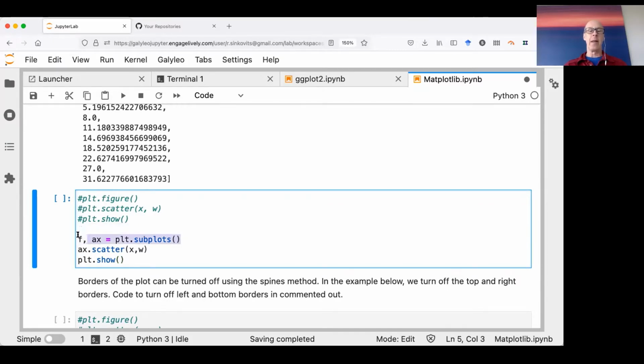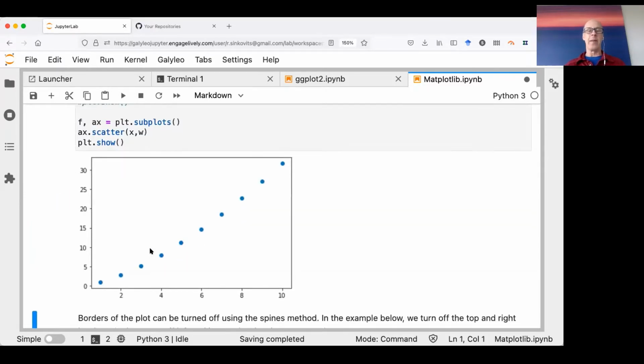So first thing I'm going to do is call the subplots method, and that's going to return two objects. There's going to be a figure, and there's going to be an axes object. So the figure you could think of as the entire thing that we're generating, and it can involve multiple elements and multiple plots. Axes, the terminology is a little misleading. An axis you could essentially think of as an individual graph. So we're taking axes and we're plotting data against it. And we're going to start off using the scatter method. So we're going to call that for the axis object, and then finally plot.show to display the figure. And when I do this, I've generated my